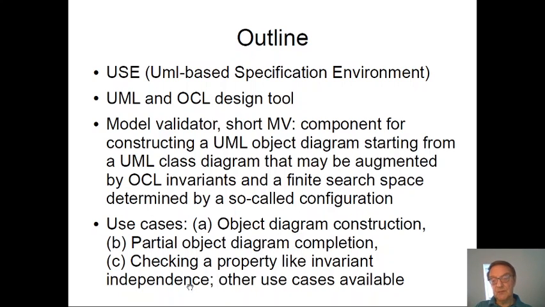So the use cases I have been talking about were object diagram construction, partial object diagram completion, and checking a property like invariant independence. There are other use cases available in the model validator that are not